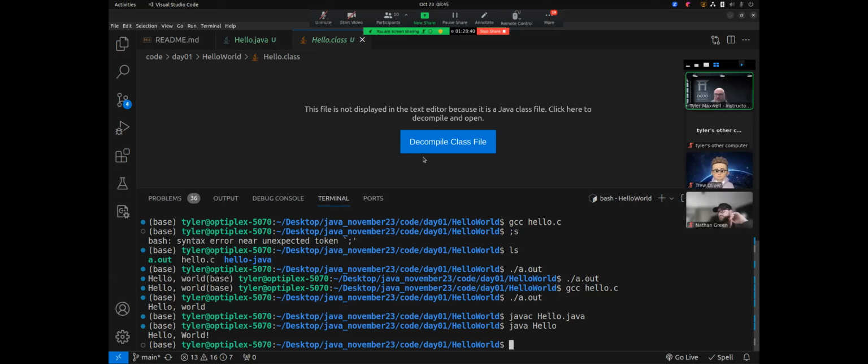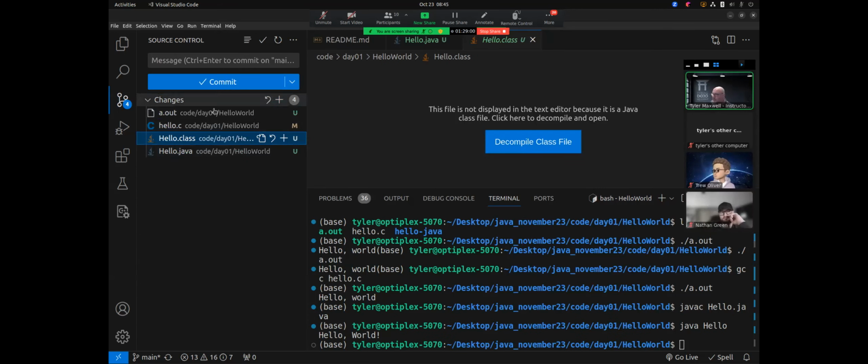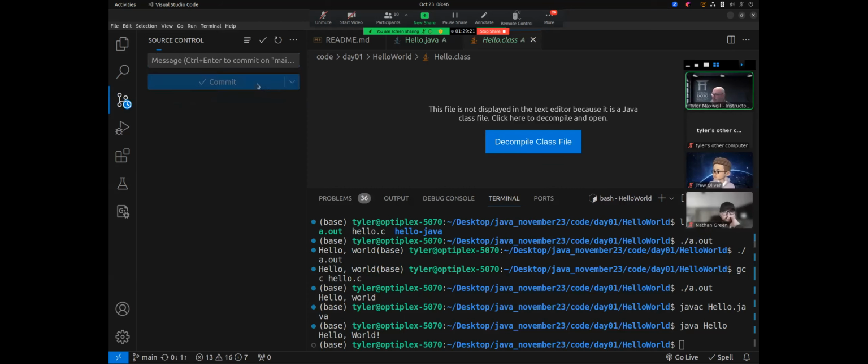Cool. Awesome. All right. So the reason I did this in Linux is because I want to show you the difference and why Java is cool, right? So why Java is what it is, why it's become such a popular programming language. So I'm going to come in here to my version control, and I'm going to save all this stuff that I just wrote to my repository. So I'm going to call it demo C Java. I don't know if I can have the slash in there. Demo C and Java. So I'm going to save everything, commit, sync.